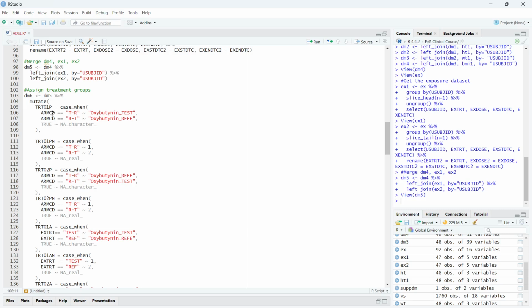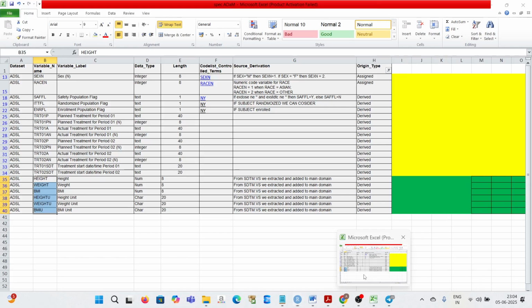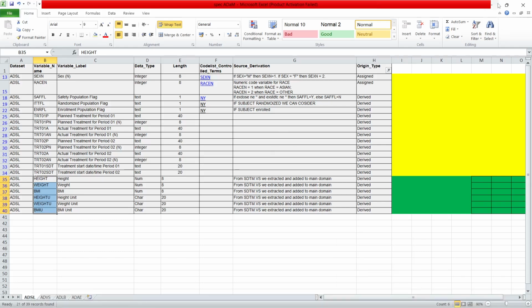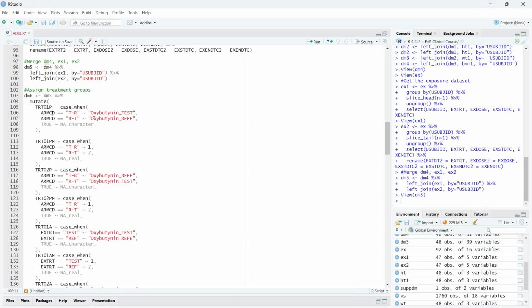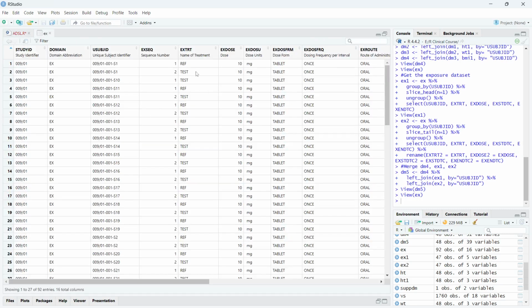So arm cd is the mapping we have to map, because as per the specification, I don't see any information here. That's why I'm using it from the SAP, because I don't have the SAP right now on my side. So okay, anyway, this is oxybutynin. Just imagine one drug, not oxybutynin, I just say drug test, drug reference. Remember like that. So if you have in EX, let's check in EX. If you have REF reference, or